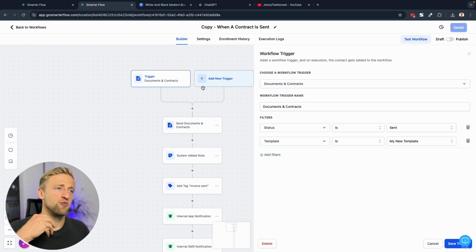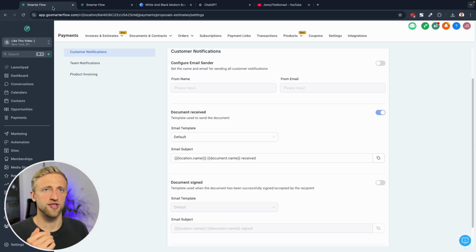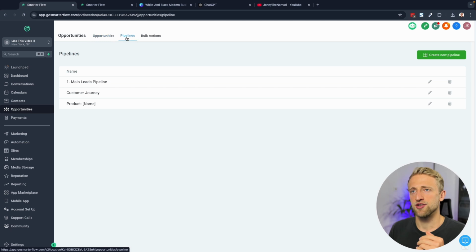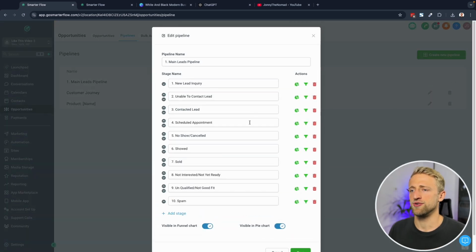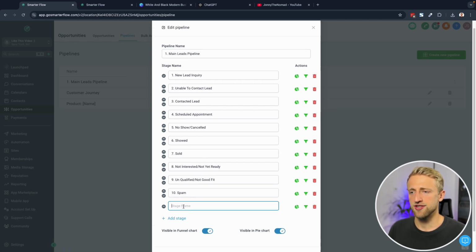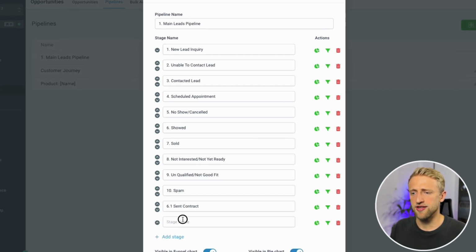So let's say once an opportunity is dragged and dropped into the pipeline stage, send document, then we want to trigger this. For that, we would want to go to opportunities and pipelines, and you would want to add that stage and then set up the trigger correctly. So let's go into the main leads pipeline right here. And let's say between the stages showed and sold, we want to send the contract. I think that makes sense. So for that, we'll just add a stage. We'll call it 6.1 send contract. And then we'll go ahead and just add